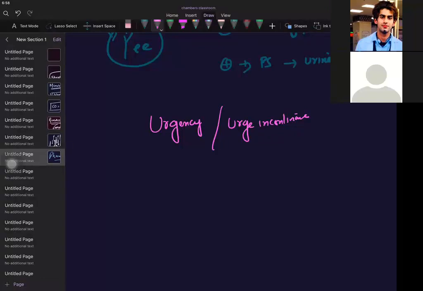Now, urge incontinence. Now the person is having urge, that is, he is going to the washroom again and again. Should I retain his urine or produce more urine? I should retain his urine. So should I give an M3 agonist or M3 antagonist? I should give an M3 blocker. What will happen while giving the M3 blocker? It will relax the detrusor smooth muscle. It will decrease the detrusor overactivity. That means I am going to treat the urge incontinence.